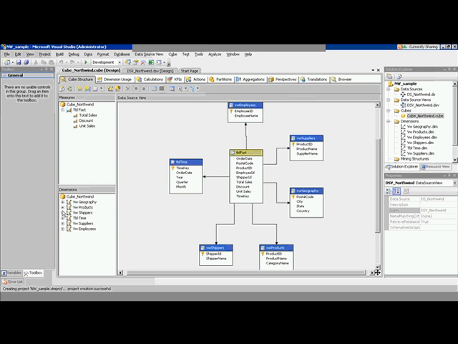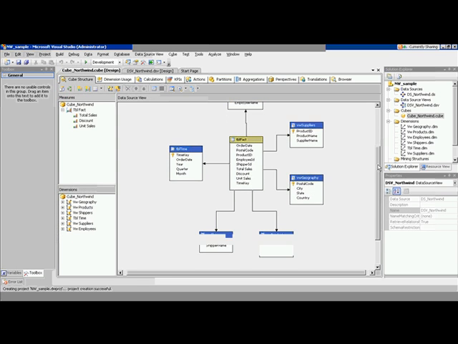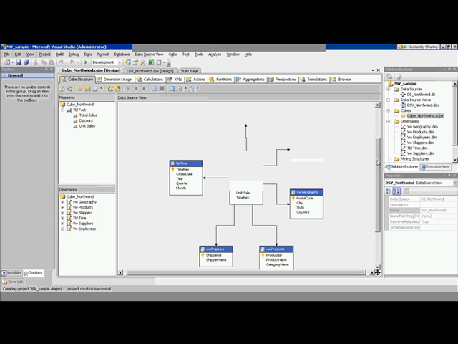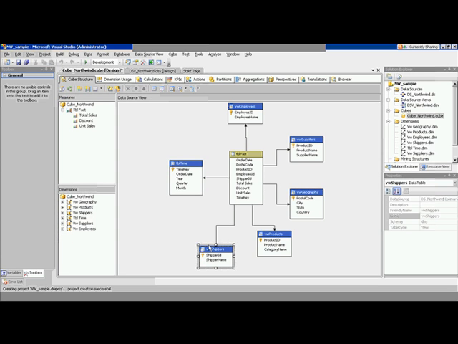A lot of panes here. There is a measure pane here. There is a dimension pane here, right? And a lot of tabs here like dimensions, usage, calculations, KPIs, actions, and so on and so forth. These are all advanced development techniques with the cube, which is beyond the scope of this webcast. In this webcast, I'm showing you how to create a cube, and the cube is almost ready. But before I make more modifications to the cube, I first want to deploy it, and I want to see how it looks. So what I'm going to do is,